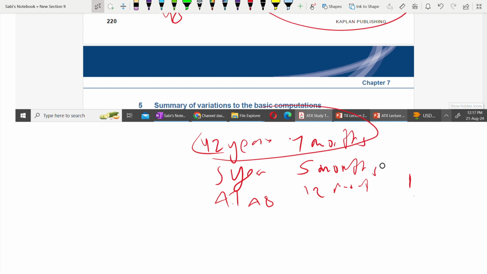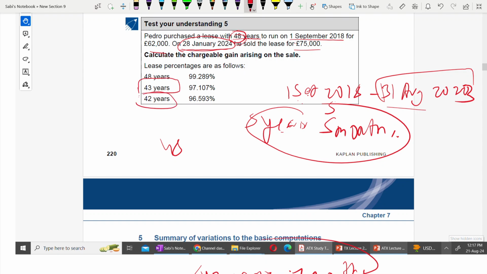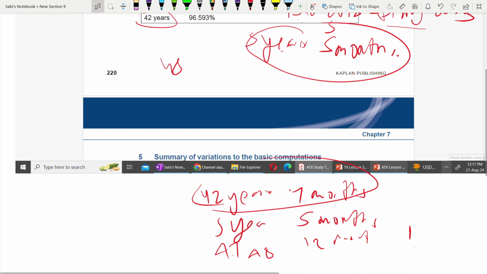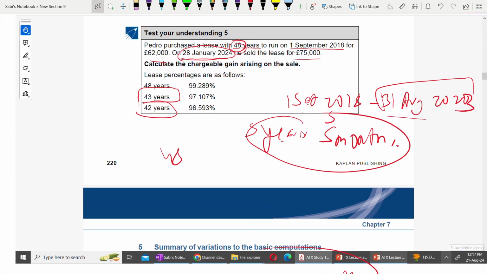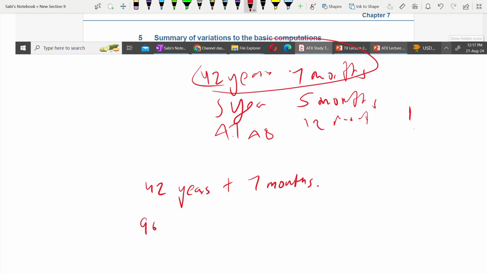So for 42 years, 7 months, what do you do? You need the figure of 42 also. You need the figure of 43 also because it's in between, no? But there are 7 months to it. So let's do this calculation. Remember, with 42 years plus 7 months, you are adding to the 42 years, not the 43 years. It has to be less. So it is 96.593. Just take the percentage out and just put the numbers, because it's easier to work with the numbers. If you put the percentage, you will get confused. 96.593 plus 7 divided by 12